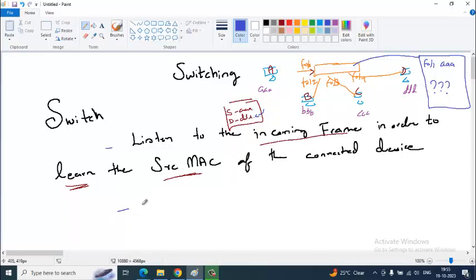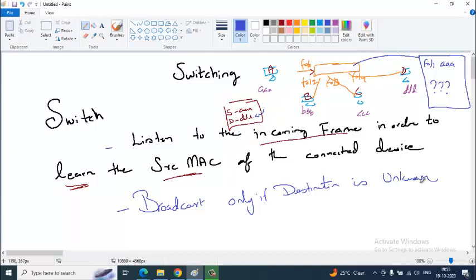So switches will broadcast only if the destination is unknown. Only when the destination is unknown, it will broadcast.